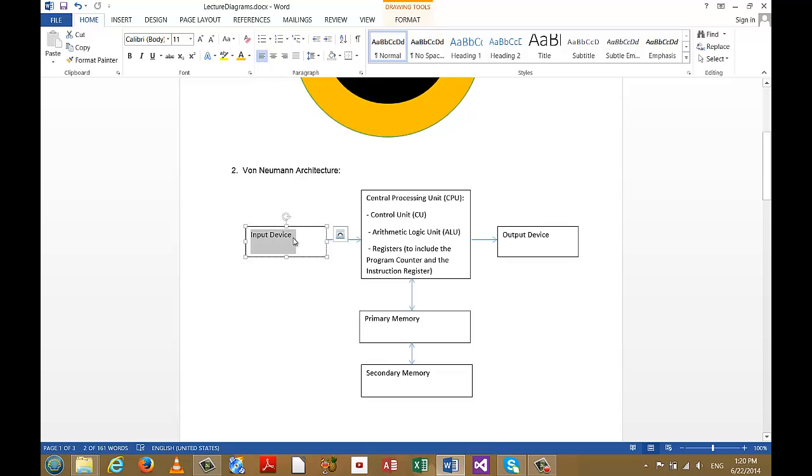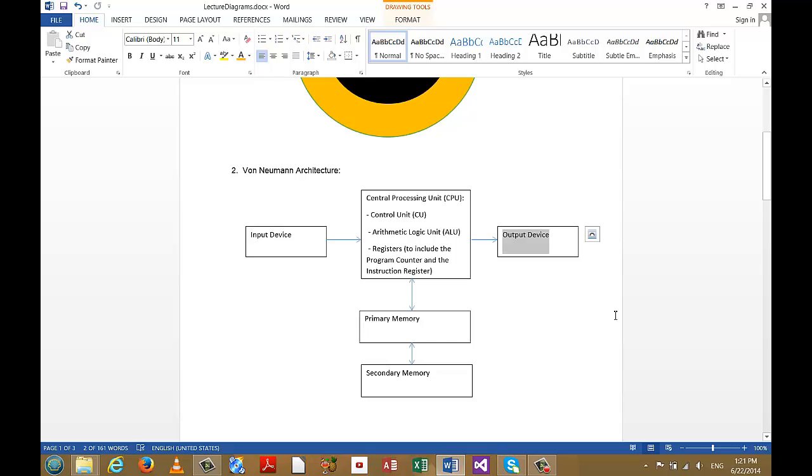Von Neumann had no idea in his day that eventually in the year 2014 there would be some computer science instructor that would be using a computer built on this architecture that would be using a microphone as an input device. Okay, so he didn't bother himself with the details of specific devices, but he said that there should be some kind of input unit. He also said that there should be some kind of output